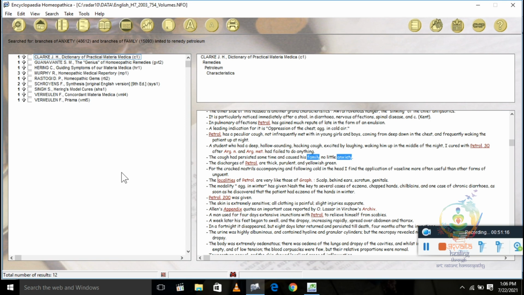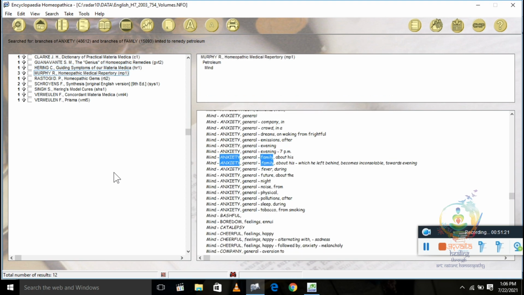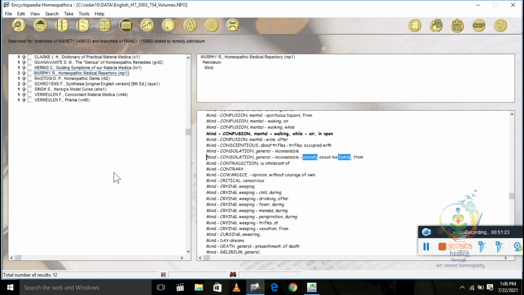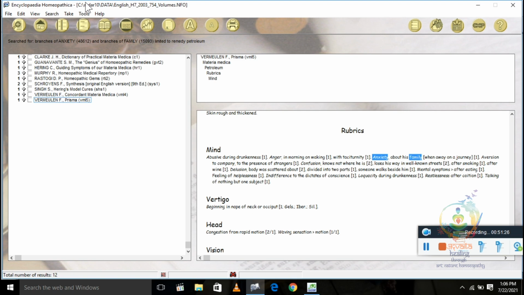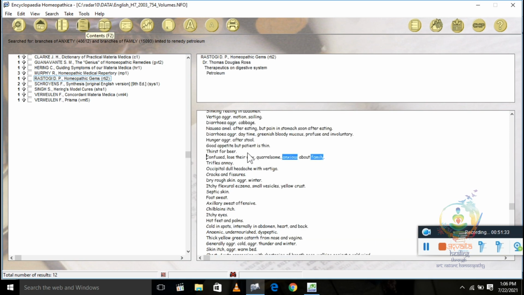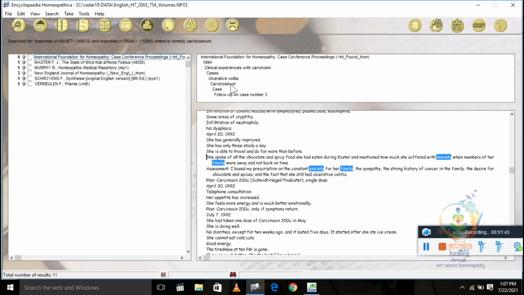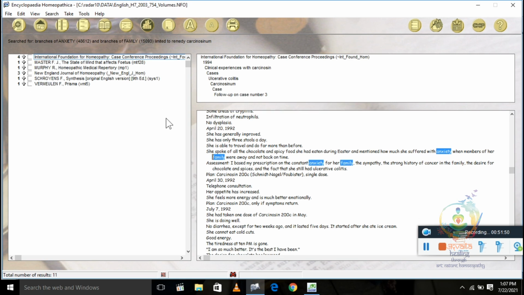See, you can see I am pressing Ctrl down and it is going next. But if you want to read a particular big book, you can just click on it and press Ctrl down and you will arrive at the anxiety family, like that. Or if you have analyzed, you can directly click on a particular remedy, like I am clicking on carcinosinum, and carcinosinum will appear in whatever book it is covering. Now you can press Ctrl down.